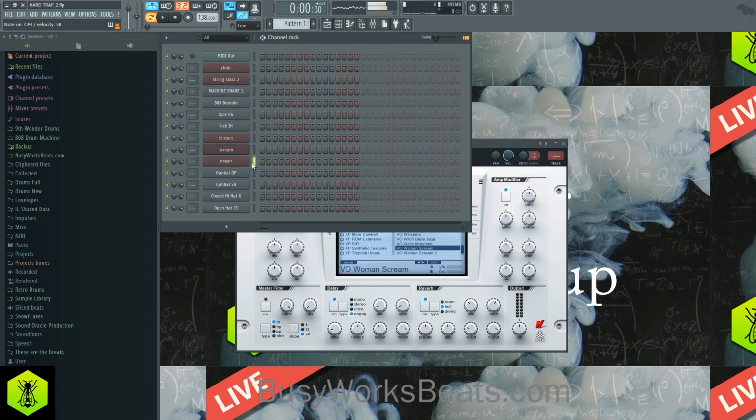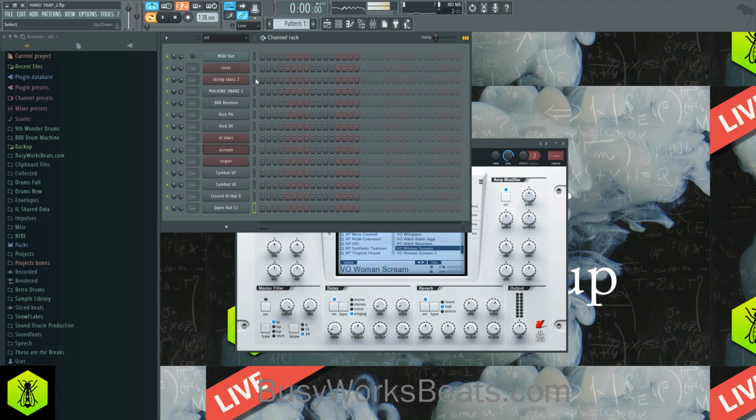Then we have an organ. Same thing that we did with the choir. Then we have some cymbals to layer in here from X Drums, X hi-hats.